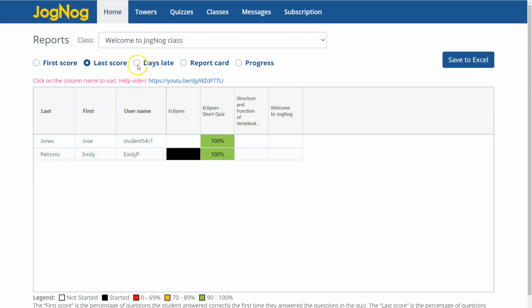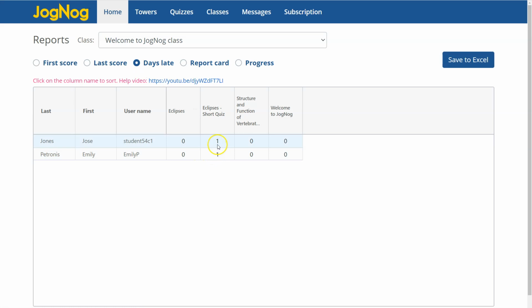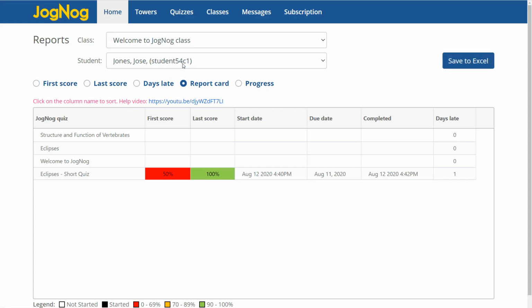The other reports that are available are days late. You can set a due date for when these quizzes are due. In this case, Jose finished that quiz 1 day late, but then so did the teacher, so maybe we'll give him a break. The report card is specifically per student, so we can look up here and we can see,